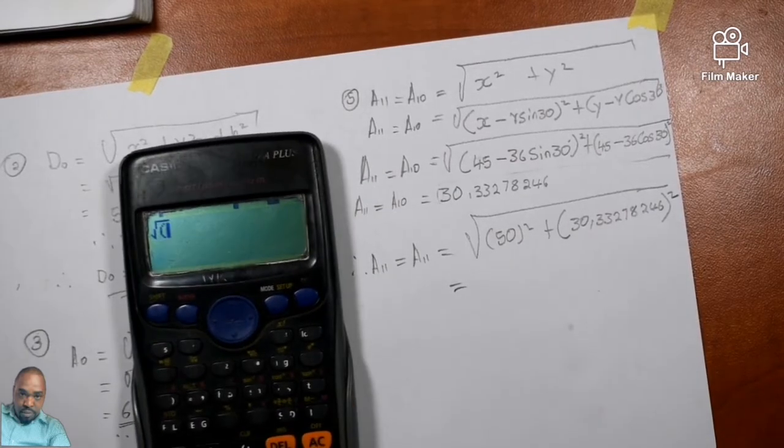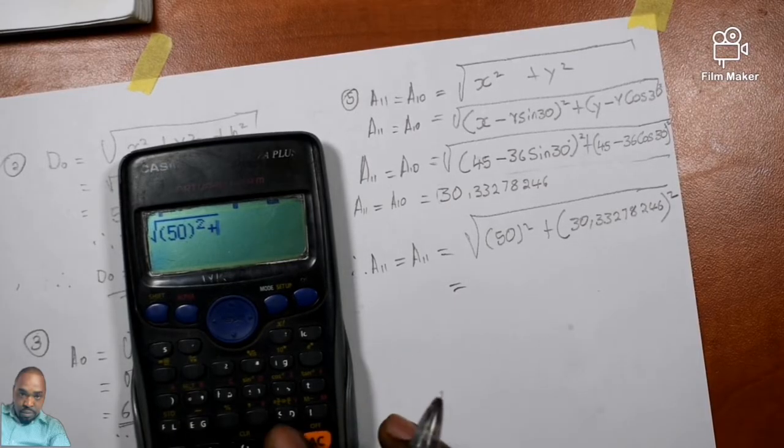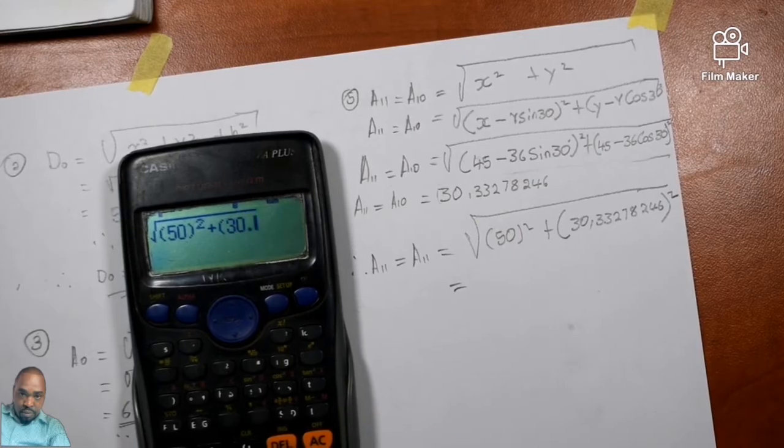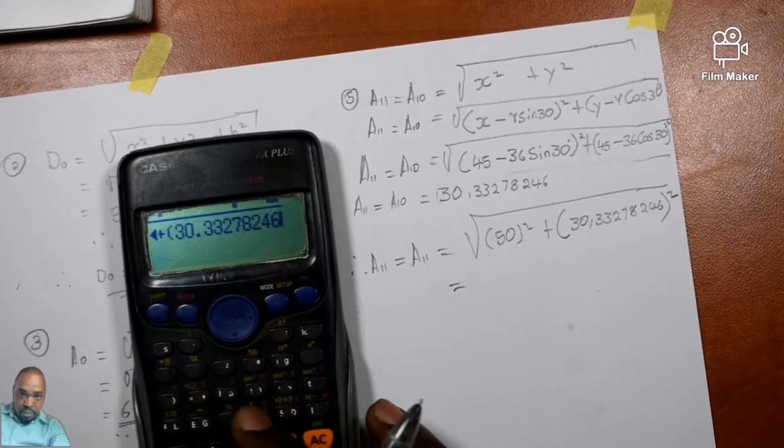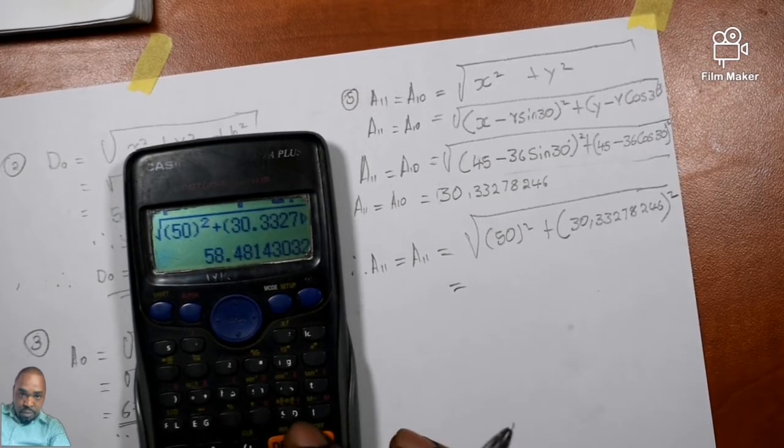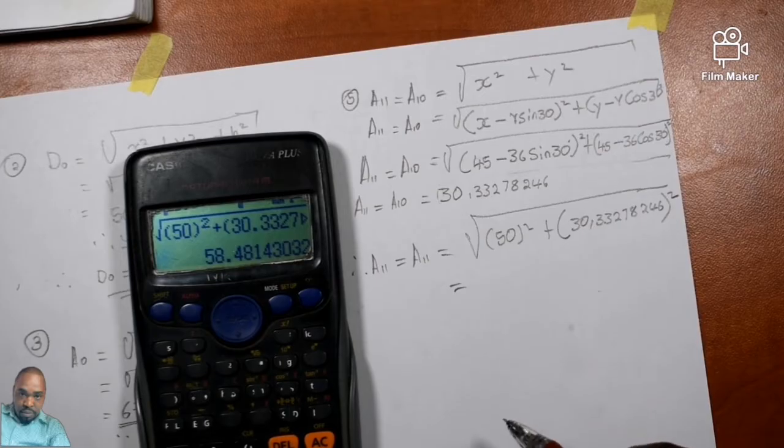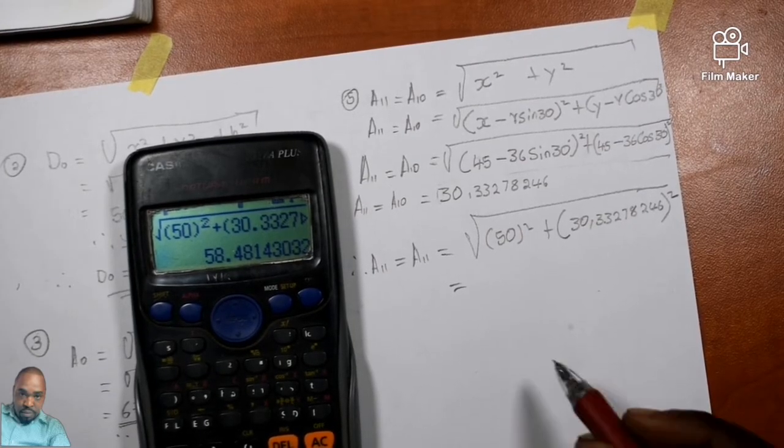square root of 50 squared plus, where is recall? Okay, plus 30.33, 278.246, close bracket and square it. That is the answer. So the true distance, including the height, the true distance of A11 and A10 is how